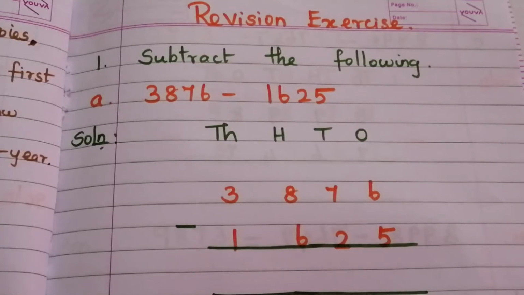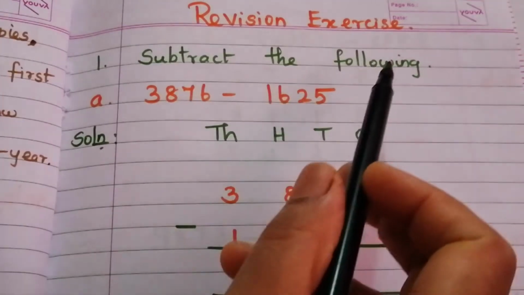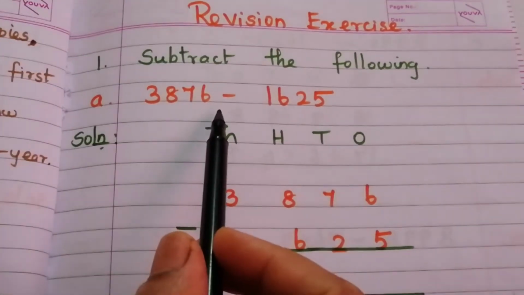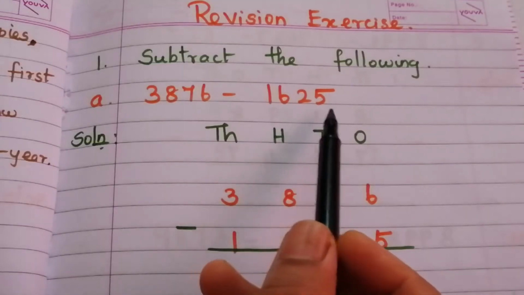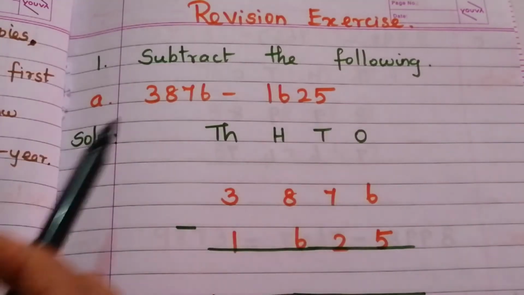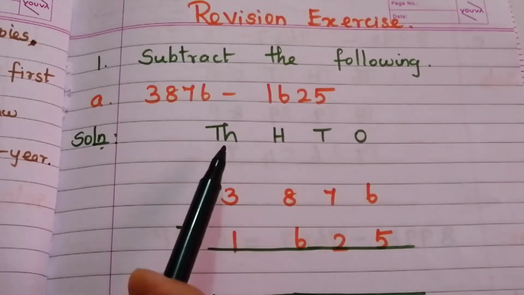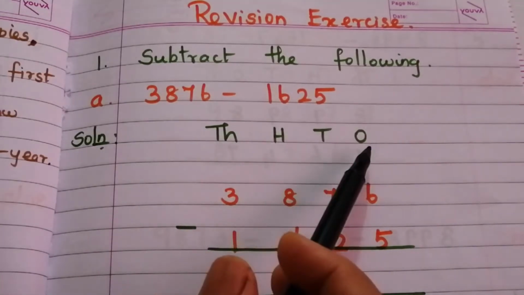Today we are going to discuss the revision exercise from the subtraction chapter. First topic is: subtract the following. A. 3876 minus 1625. You write these two numbers vertically, and before writing these two numbers you write thousands, hundreds, tens and ones,